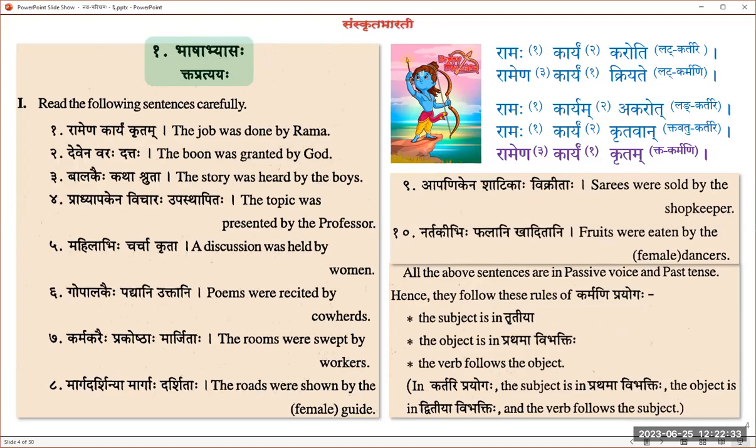So tishtati, like this, it would have gone, or atishtat, like that. Whether it was a male who stood or a female who stood or a napumsakalinga word that stood, atishtat only will be used. But here in ktanta, we have to change. So if it was a male who stood, then purushaha sthitaha, upasthitaha, like that. Then mahila upasthita or sthita. Then mitram sthitam, like that it goes, ktantas. Okay, that is the way.